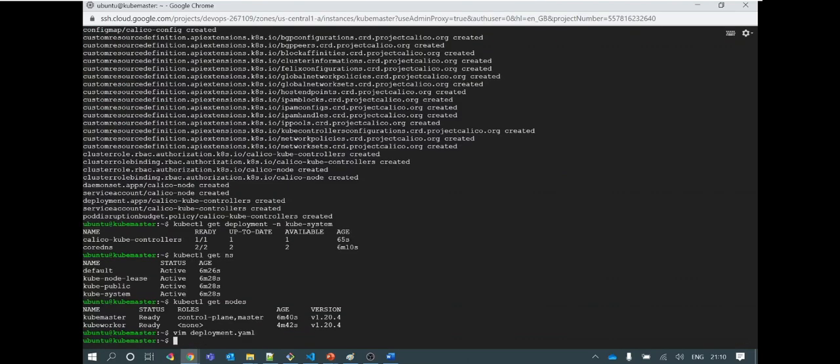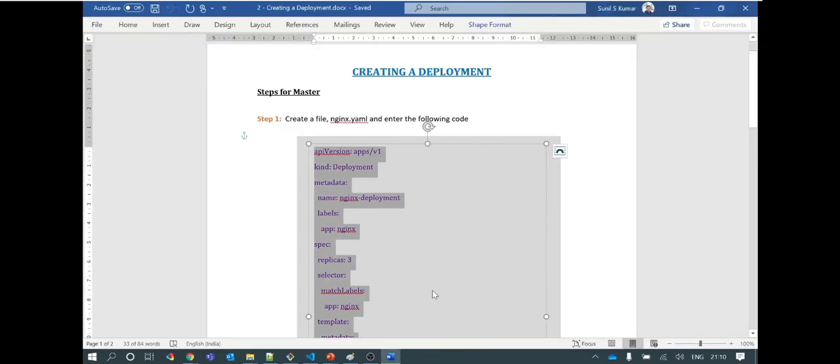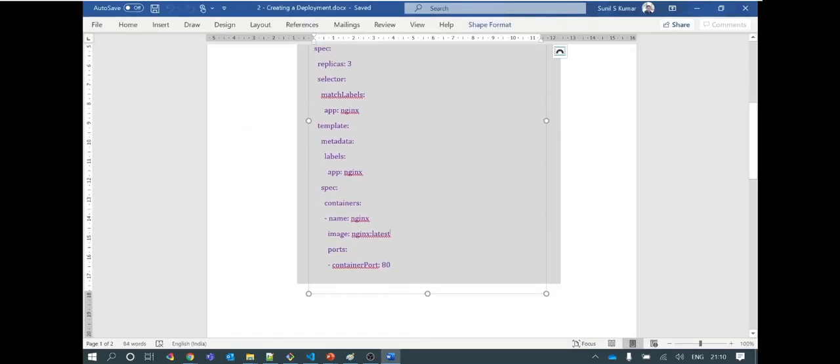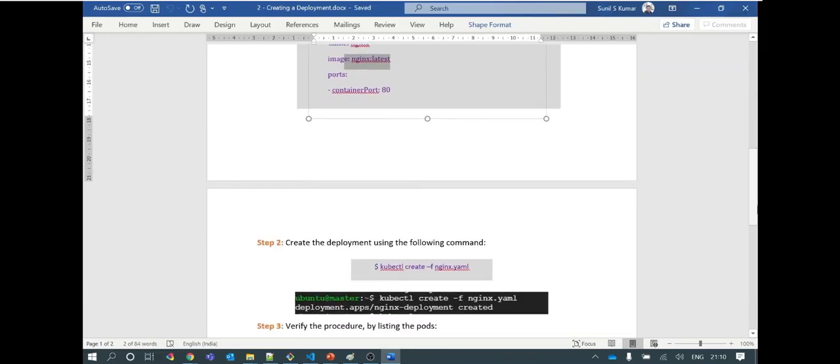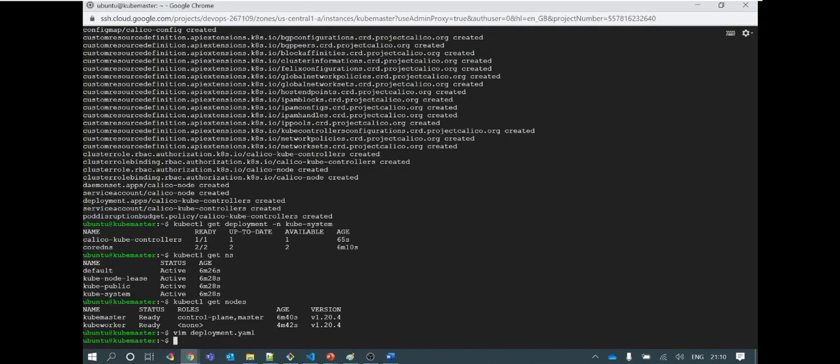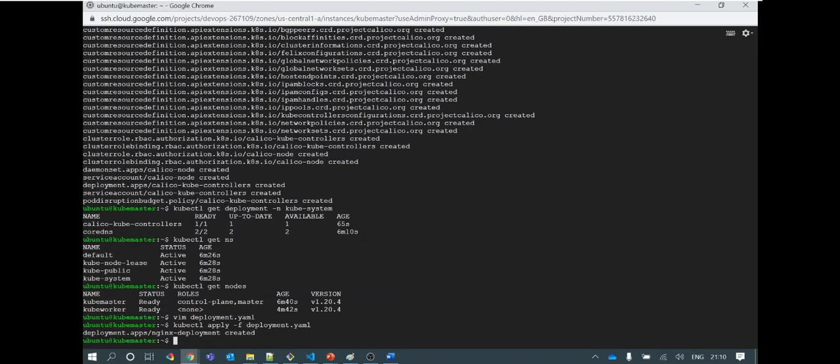This is going to be an Nginx deployment because the Nginx image is used here. So let's create this deployment. How? You use apply -f, and the -f means you need to provide the input as a file name. It is very quick. You can see the deployment has been created.